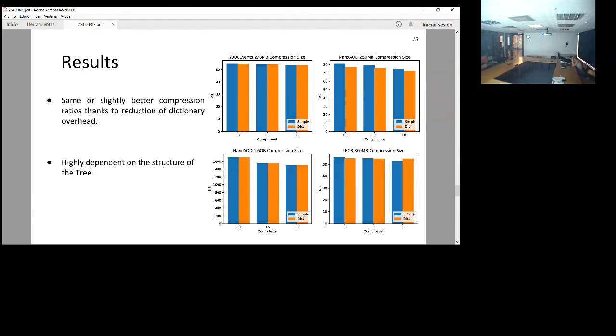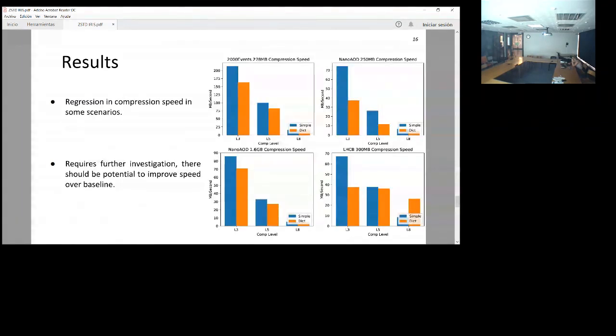different baskets. And about the speeds, what we have seen is that compression speed, unlike we were expecting at the beginning, is suffering. We are seeing a regression, in some cases of 50%. And this is something that we are currently investigating. I was even in touch with the author of the ZSTD algorithm to know what potential we may see. The fact is that we are not achieving any benefit but a regression in compression speed,